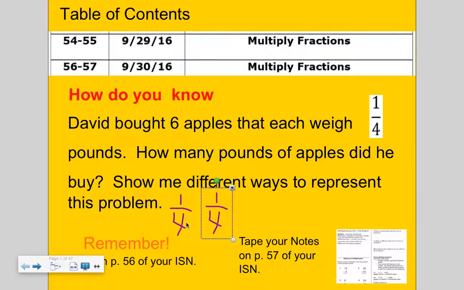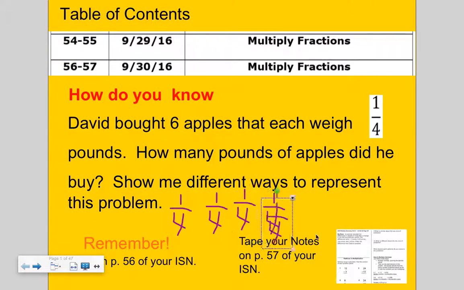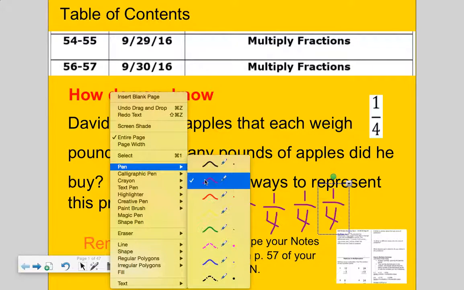He bought 1/4. The first apple weighed 1/4. The second apple weighed 1/4. The third apple weighed 1/4 of a pound. The fourth apple weighed 1/4 a pound. The fifth apple weighed 1/4 of a pound. The sixth apple weighed 1/4. So 1/4 plus 1/4 plus 1/4 plus 1/4 plus 1/4 plus 1/4 all adds up to 6/4,